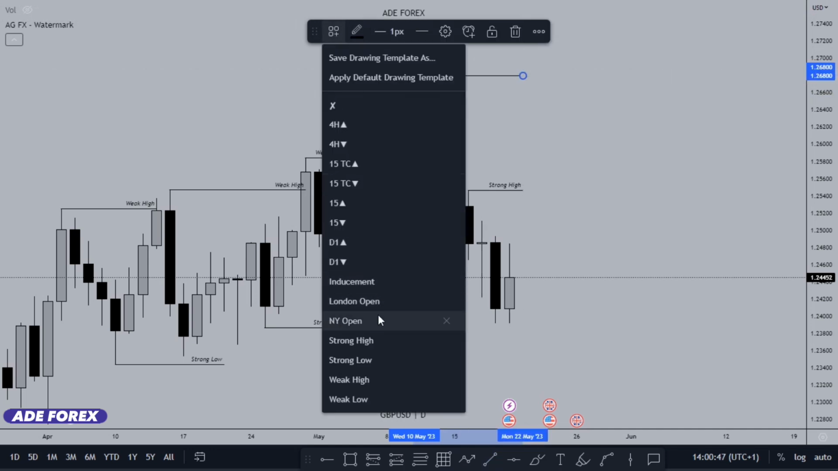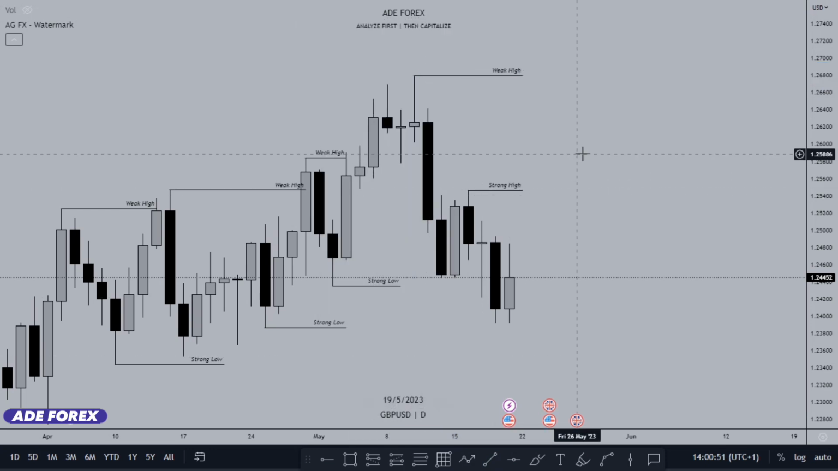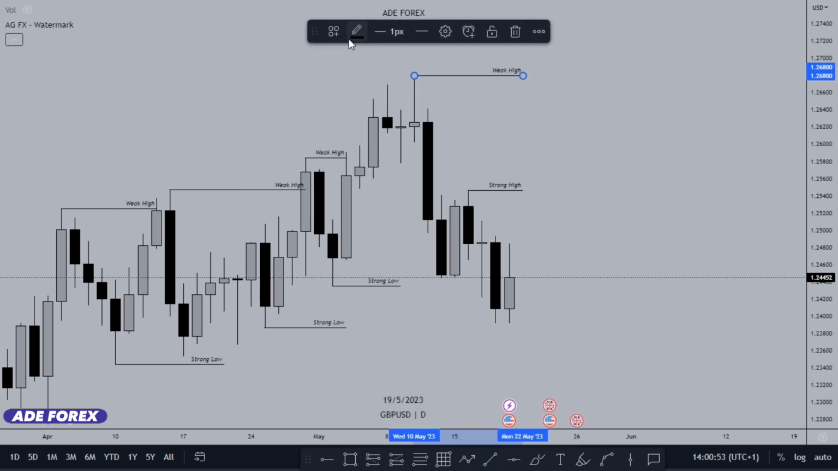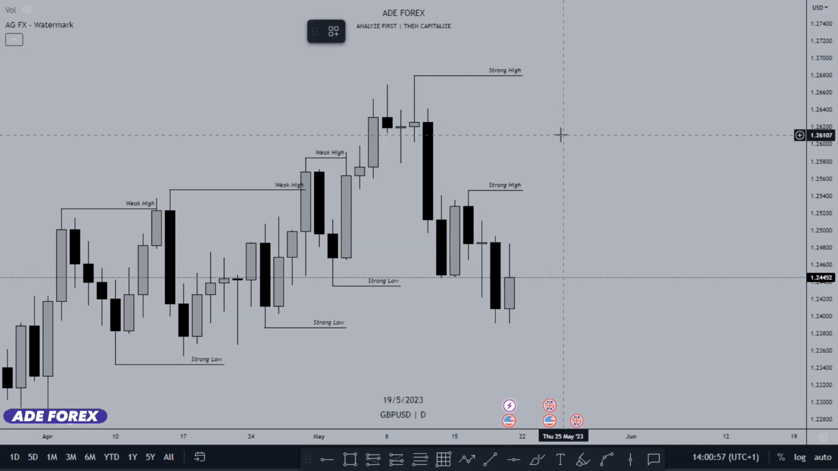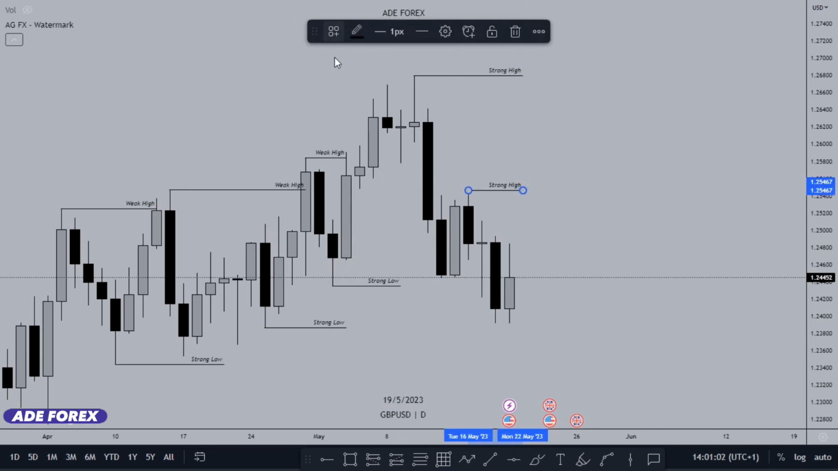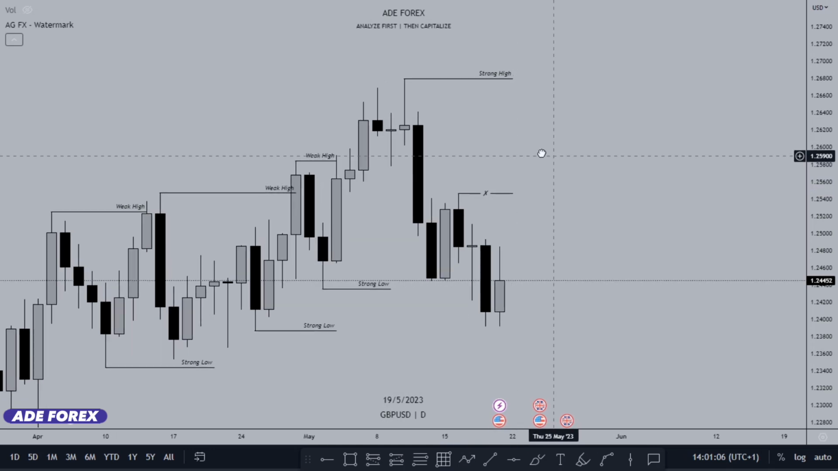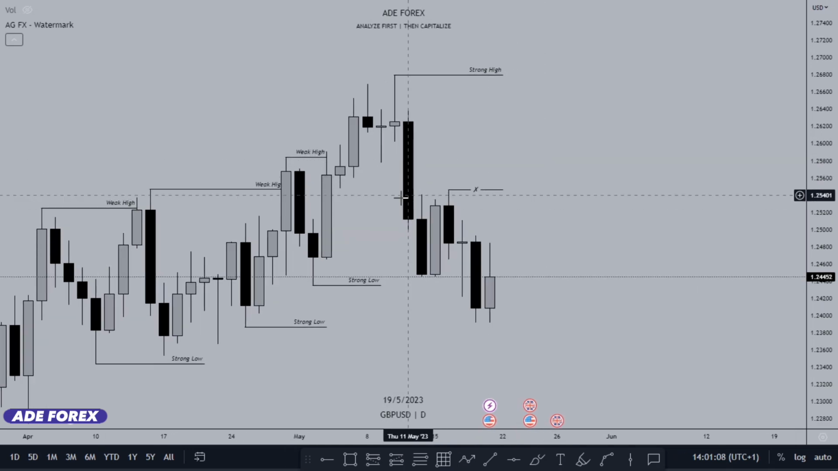So we are going to get to that, right? If you understand liquidity concepts well, let me change that to strong high. If you understand liquidity concepts, you are going to understand that this can be used as inducement, right? Why do I say that? Because we have